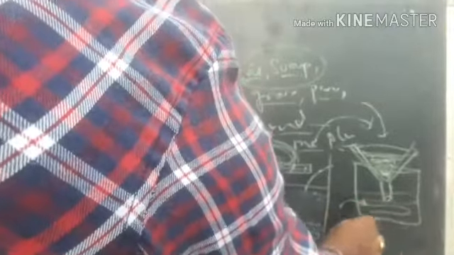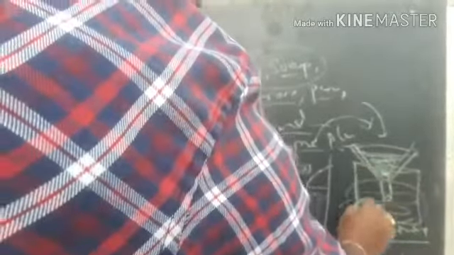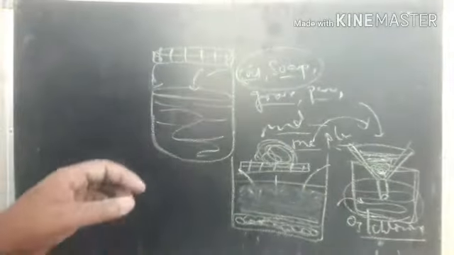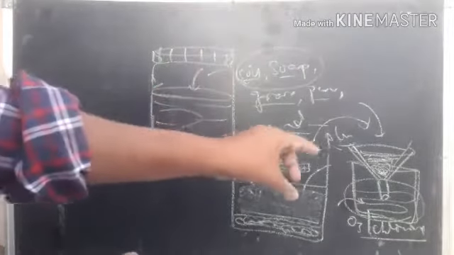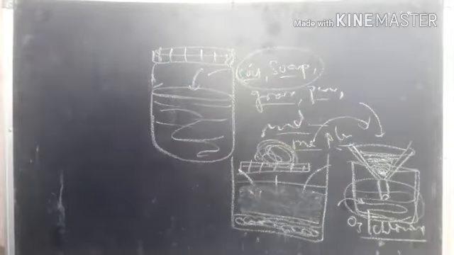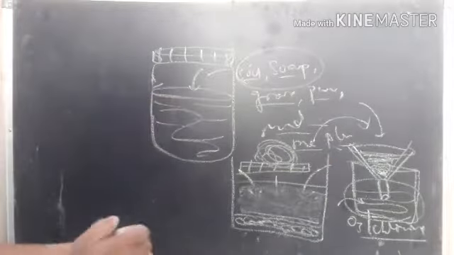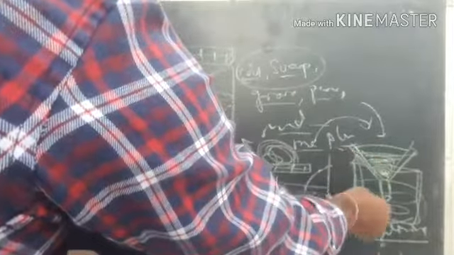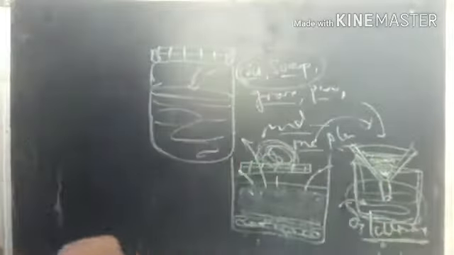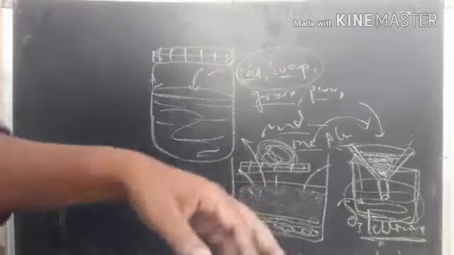Now to this pure water add ozone or otherwise chlorine. When you add ozone or chlorine, the water becomes disinfected, then it becomes purified water or clear water. So it is potable water, you can drink this water. Like this, at home also you can treat the water. So here we physically treated, and biologically we killed and aerated, and added chemicals. So this is how in a water plant they clean the water.